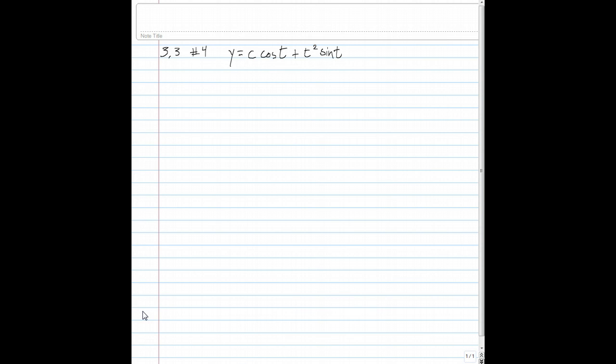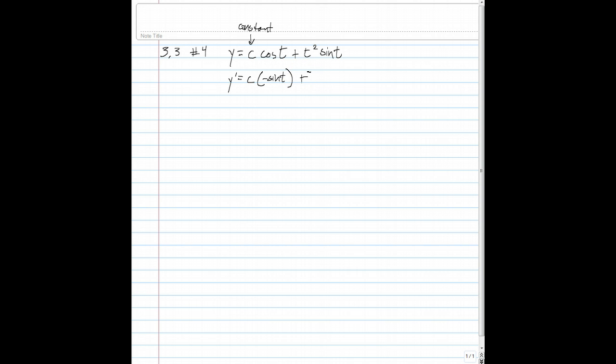So in section 3.3, we're taking the derivative of trigonometric functions, and number 4 is asking us to find the derivative of c cosine t plus t squared sine t with respect to t. Keep in mind this c here is a constant, and we'll treat it as such. So c times, what's the derivative of cosine? That would be a negative sine, so that would be negative sine t, plus the second term, t squared sine